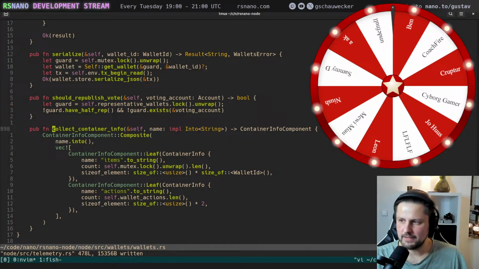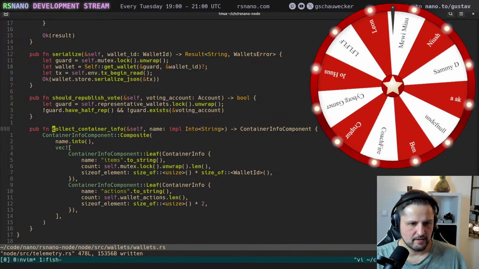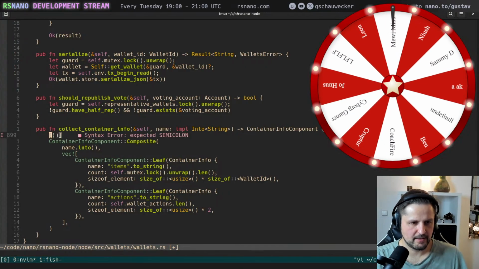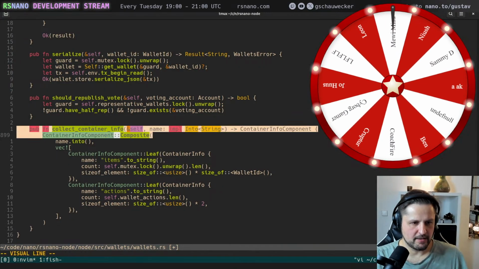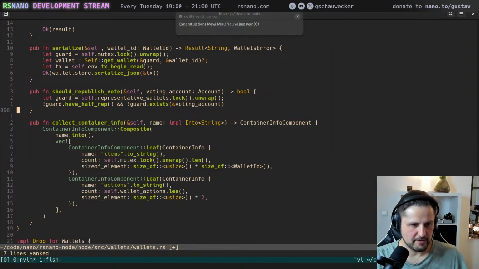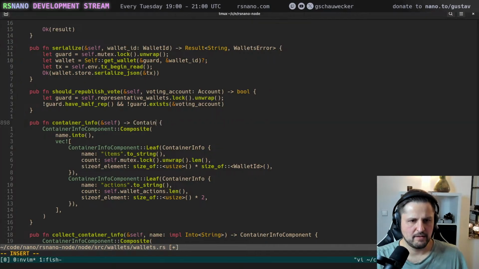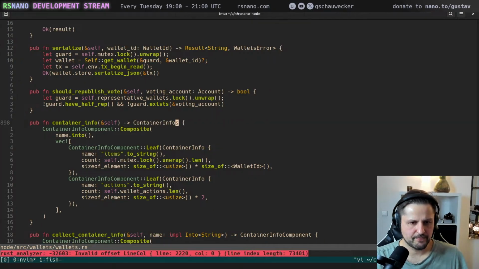So this is again two things here. Okay, so this will be like that. Or maybe I'm quicker if I copy it immediately. Yeah, I think this will be quicker. Container infos.